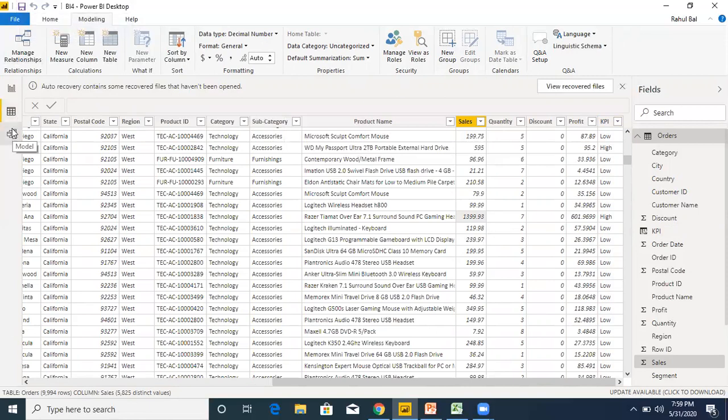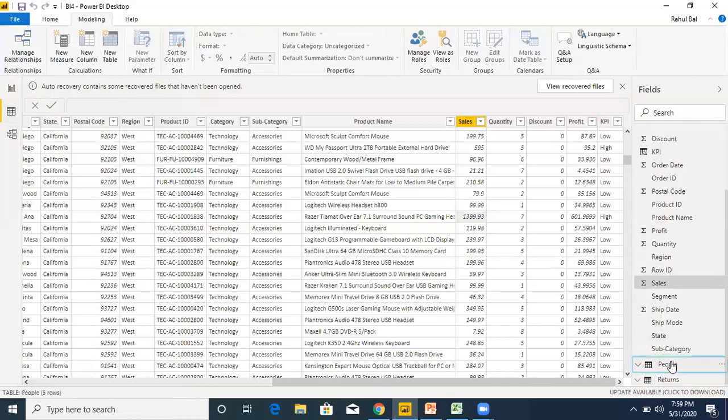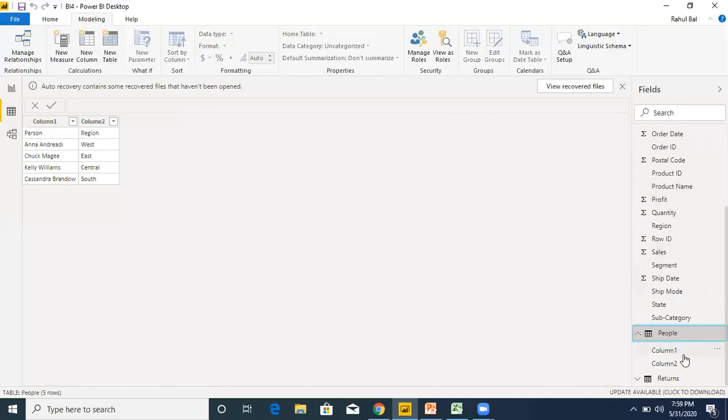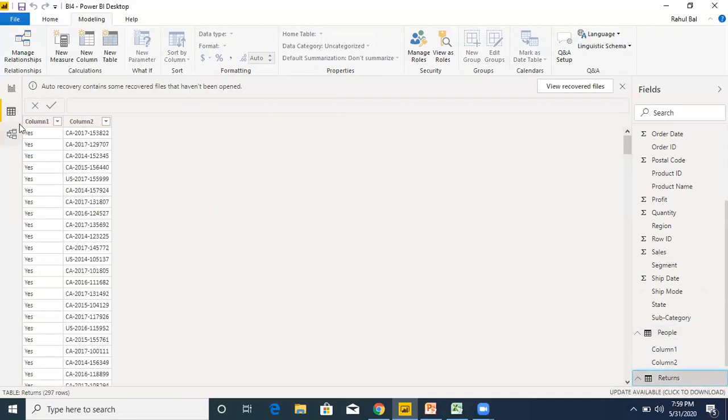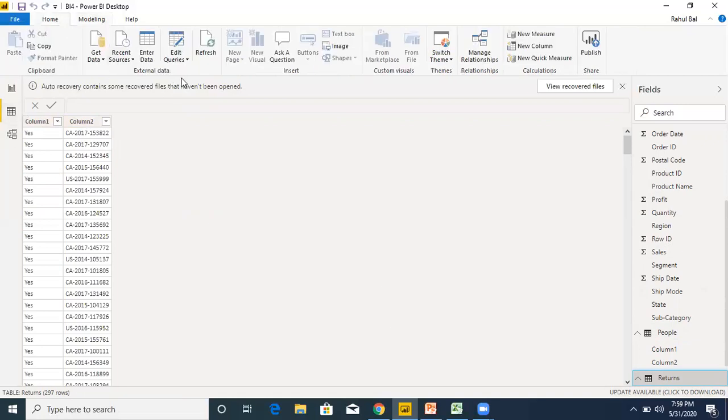Now as I discussed, here the names of the columns are not visible. It is showing column 1 and column 2, right? But we want person and region as the names of the columns. Similarly, in the returns section also it is showing column 1 and column 2, right? So we don't want column 1 and column 2. To get the proper columns, whatever is present in the actual sheets, for that we have to go to edit queries. So query editor, click on edit queries.